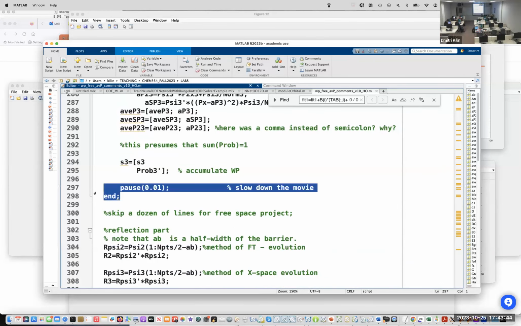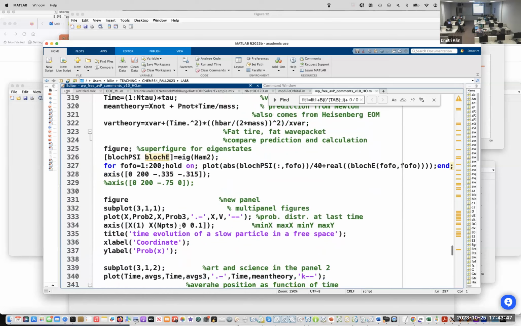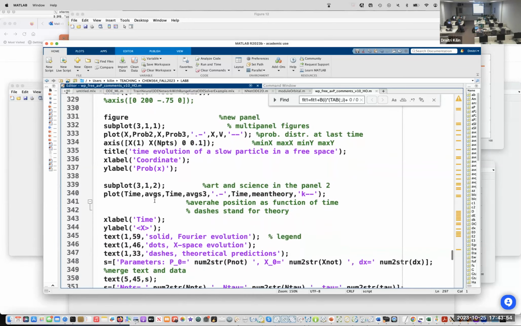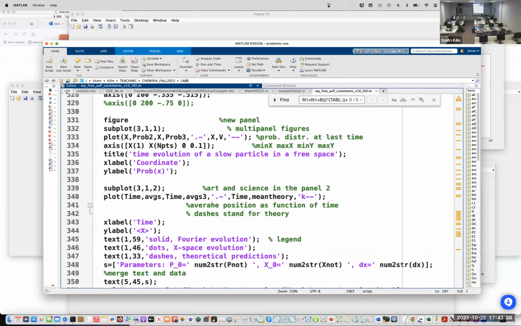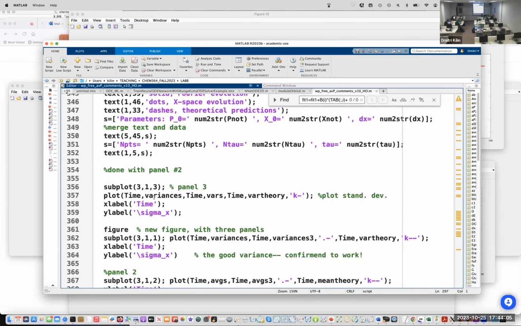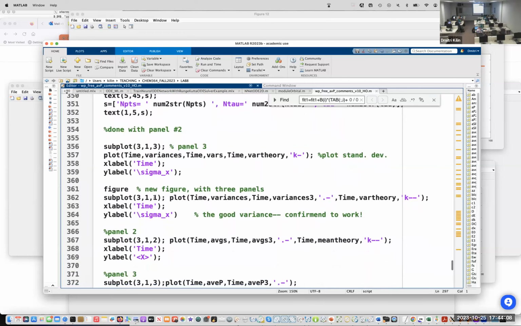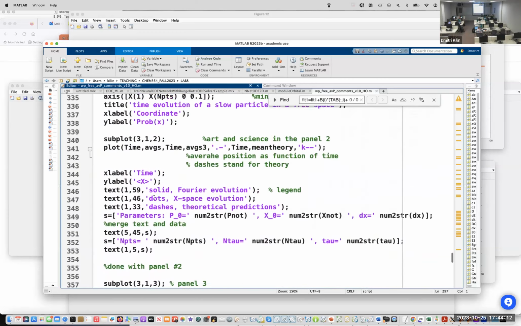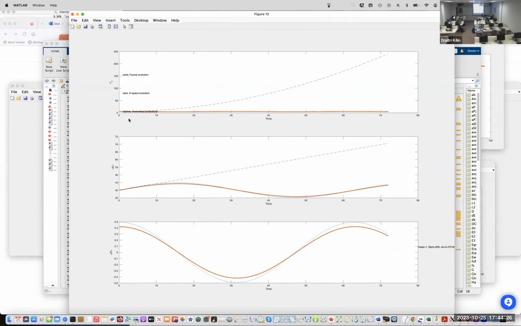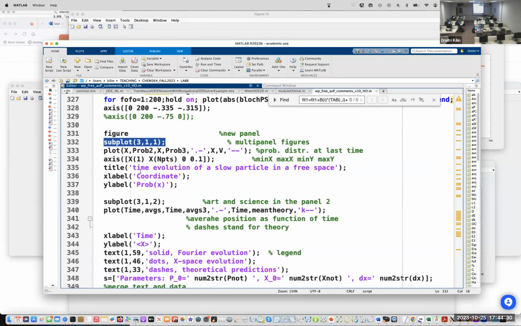So after we are done with the main loop, one opens a new figure, and then there is a command subplot, which divides the figure into multiple subplots, and it is assumed to create a two-dimensional array of subplots.